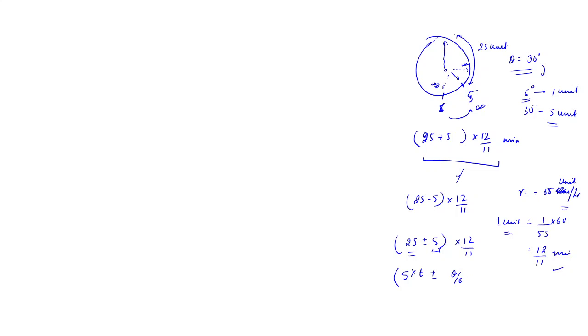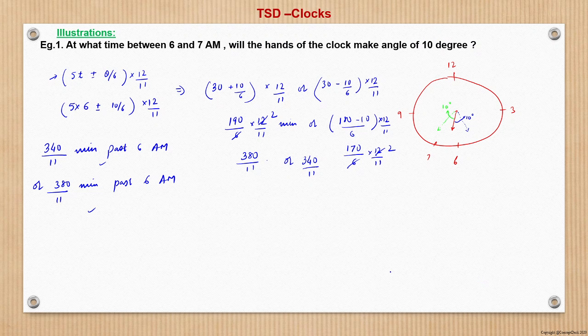So in terms of distance, it will be what? 6 degree is 1 unit, so theta degree will be 1 by 6 into theta, into 12 by 11. That is what we did there: 5t plus minus theta by 6 into 12 by 11. Using this we got the answer, right? There are other methods also, like the other direct relation which we had obtained,